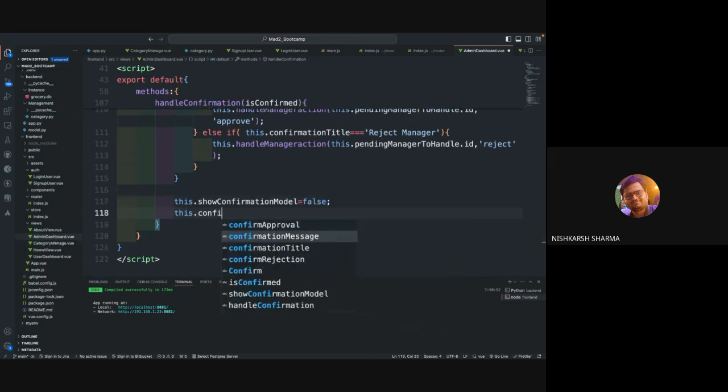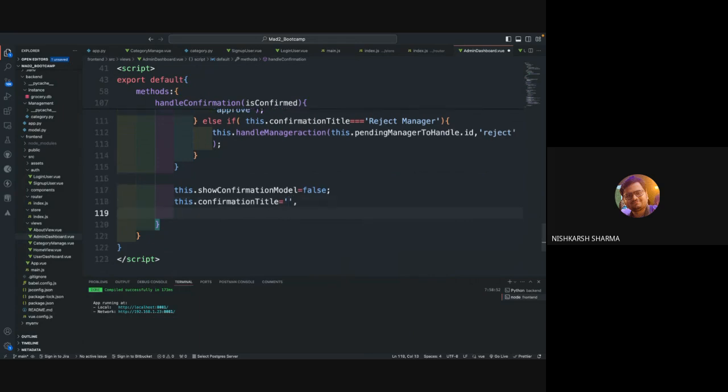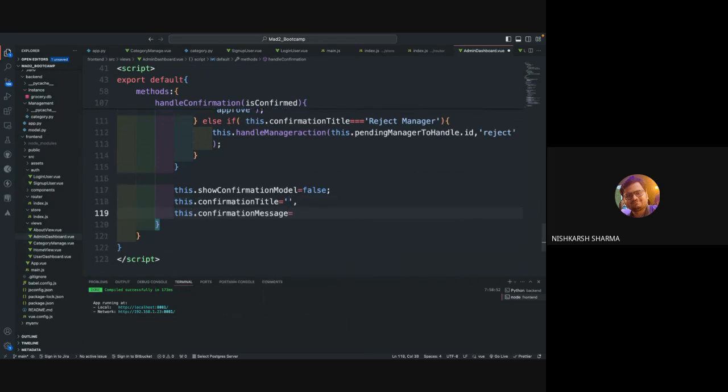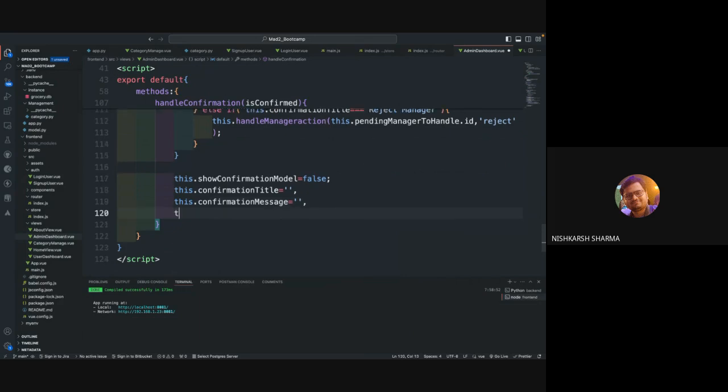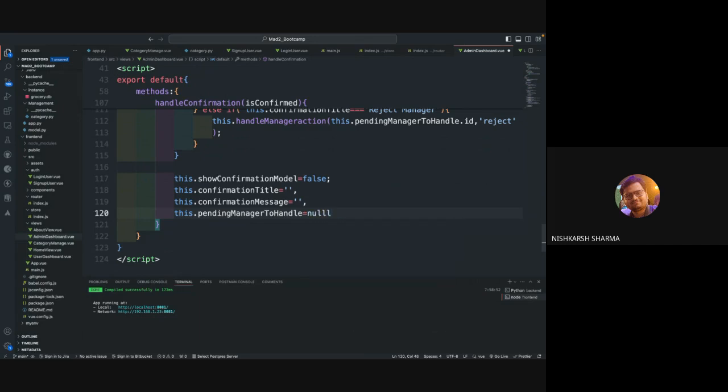So what we are doing once we click on the save or cancel button, the overlay which we will be seeing should be closed. So this dot show confirmation model will close the overlay, and we will empty out the confirmation title and this confirmation message to null again, and empty out the pending managers to handle to null. So this is the